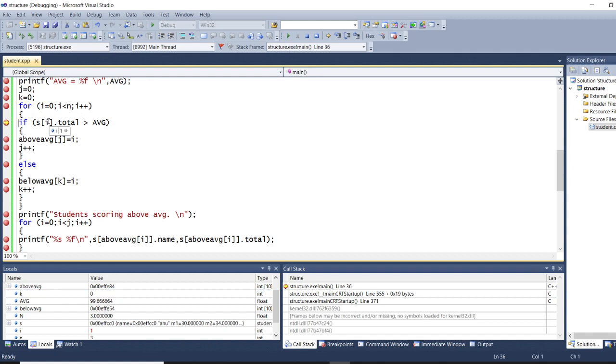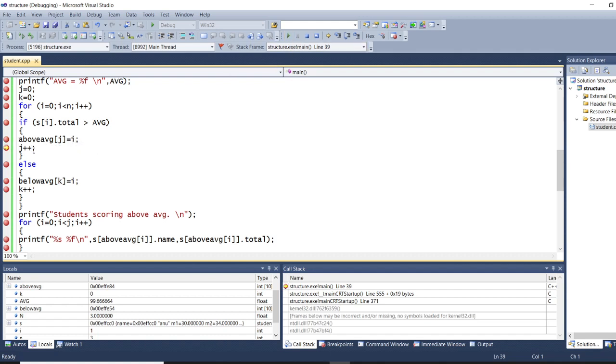Now the i value will be 1. Second student total is 103, and of course the average value is 99. So again it will be true, and again it will go inside. Second student is also above average.